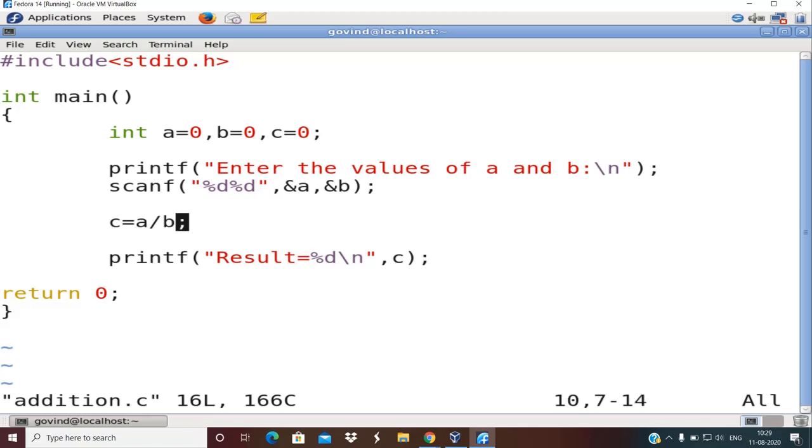Before that, I would like to demonstrate one more arithmetic operator, which is the mod operator. If you recollect from yesterday's session of algorithms and flowchart, mod was already discussed yesterday, right? When we were trying to write an algorithm and flowchart for finding whether a number is even or odd, we used this mod operator. And I told you that mod operator returns the remainder, not the quotient. The integer division operator, which is front slash, returns the quotient, and mod operator returns the remainder.